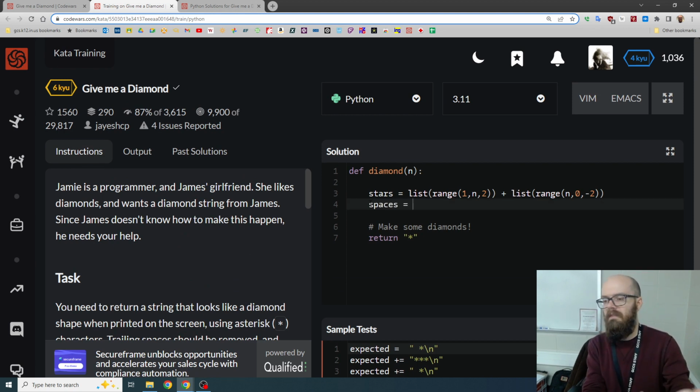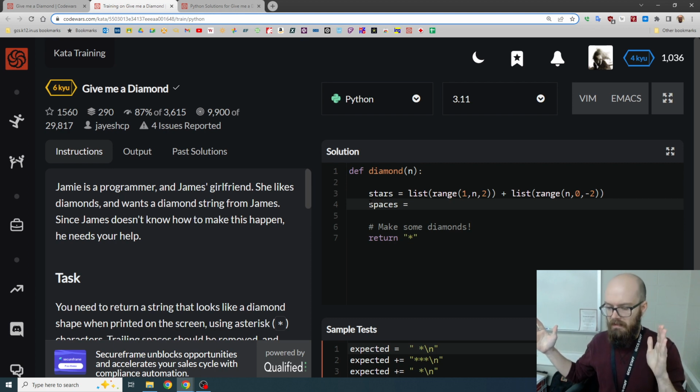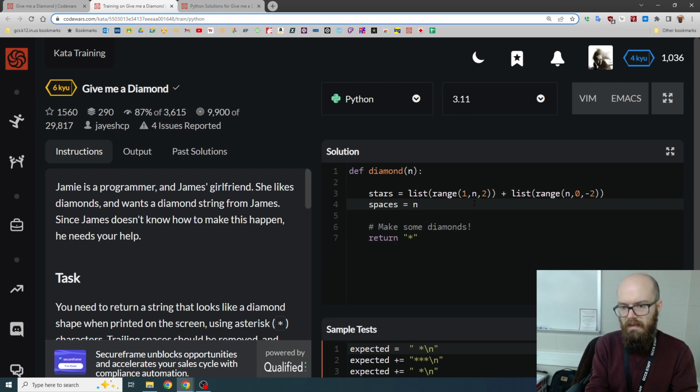I think there is a center method on strings, but this is going to be quick, not a big deal. If we have the widest line, whatever that turns out to be, that'll have no spaces, right? But every other one will, and it's going to be the widest line minus how many stars we have, over 2. Because if it's like a 7 and we have 1, if we're on the first line, then we remove 1 and then we have 6, so we divide by 2, that's 3, so we need 3 spaces before the star. So I'm going to go n, which is our max, minus star, which is something I'll create in a second,